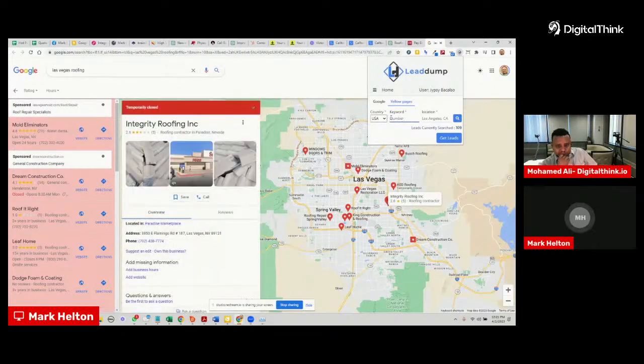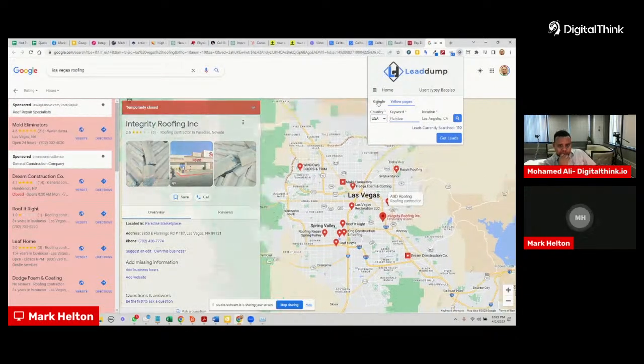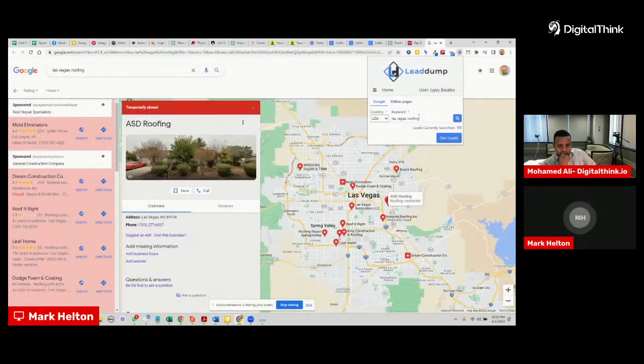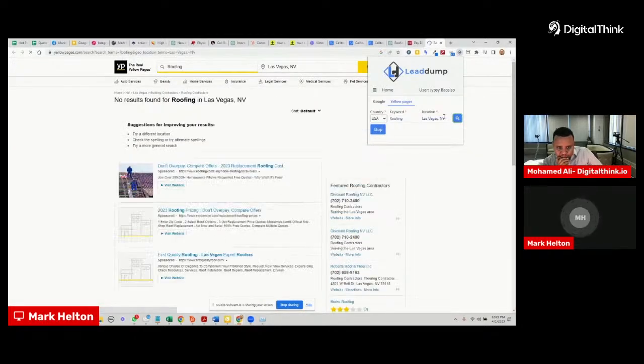Basically, what you would do is, just like on Google you put in your keyword. Actually, with Google you put in the city and the keyword, but for Yellow Pages you put in the keyword and then the city and state. So I'm going to do the same thing. I'm going to type in roofing, and then Las Vegas, Nevada, and then I'm going to hit search. And then what you'll see is it'll go to